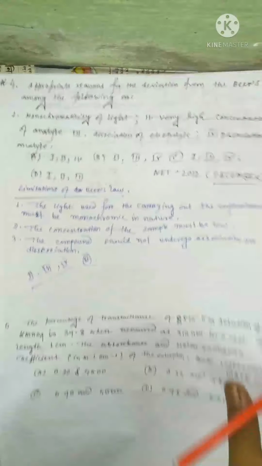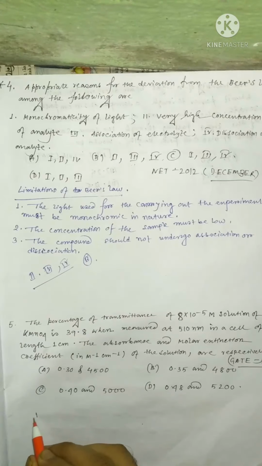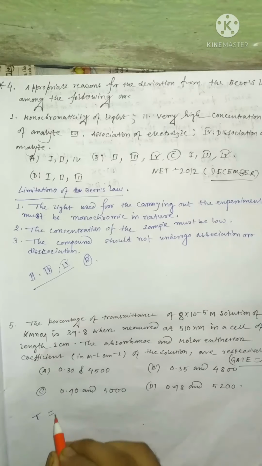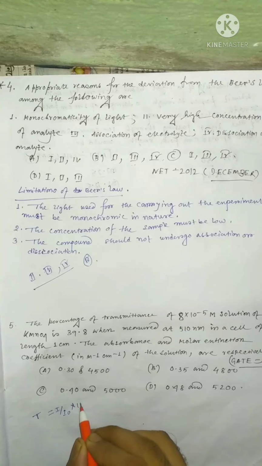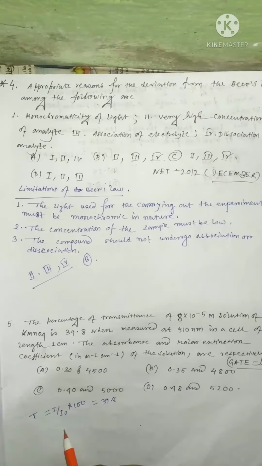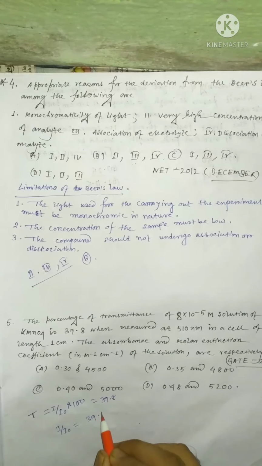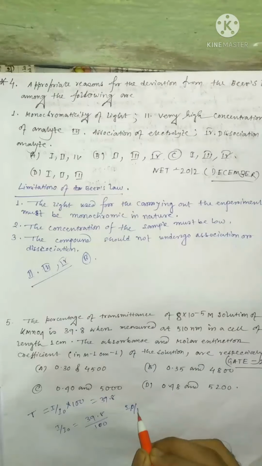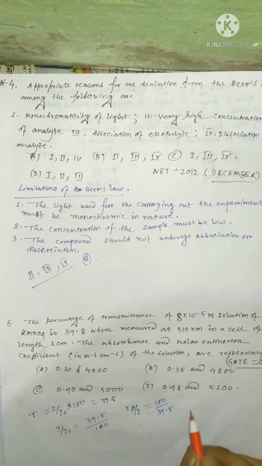Percentage of transmittance is given here, equals I by I naught into 100 equals 39.8. So I by I naught equals 39.8 by 100. I naught by I equals 100 by 39.8. Okay,